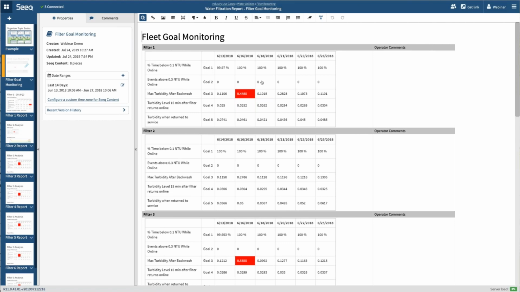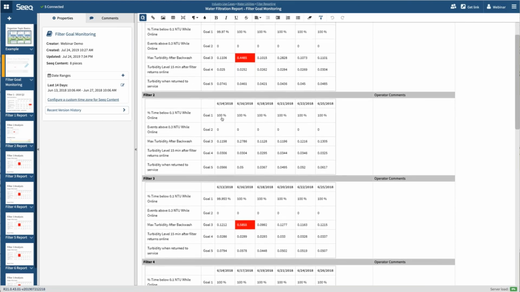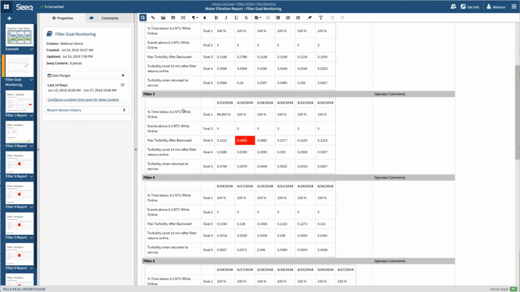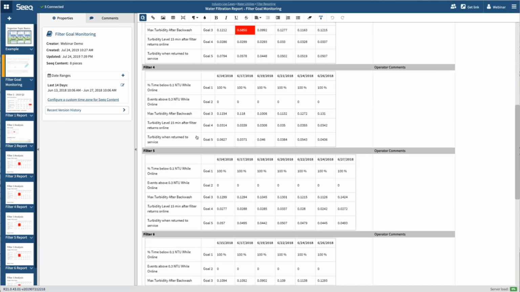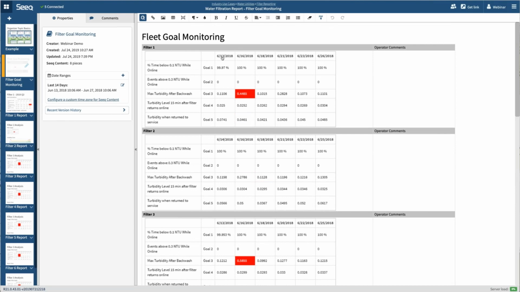So now instead of hitting that asset swap button that we did in Workbench Analysis, I can quickly get information about how any of my filters are performing over any time range within a single report. So right now we're looking at the performance of each filter's cycles over a period of 14 days. The number of cycles each filter ran during that time period will impact the number of columns we see